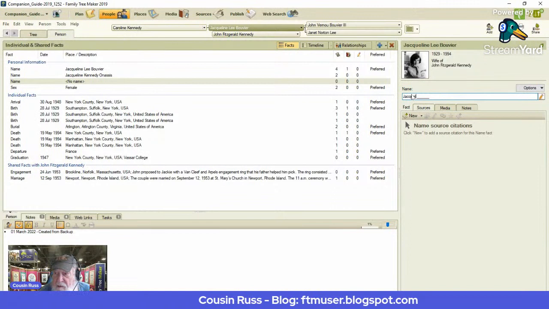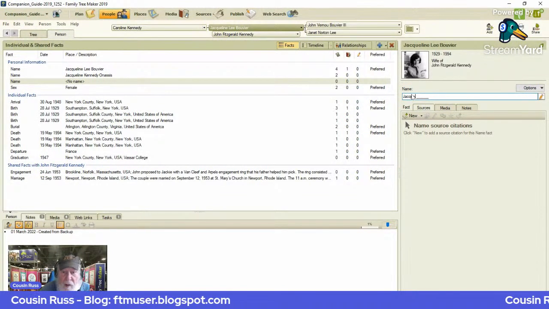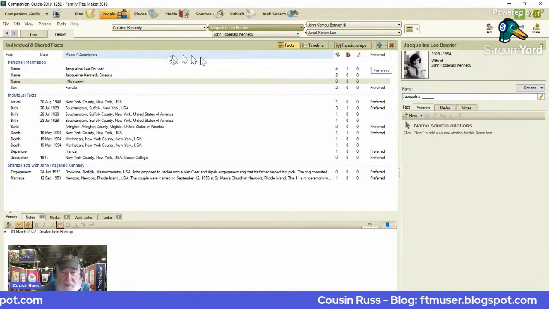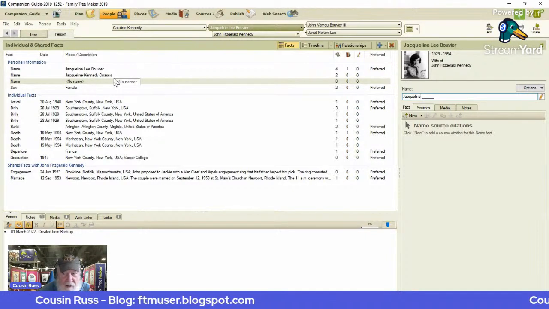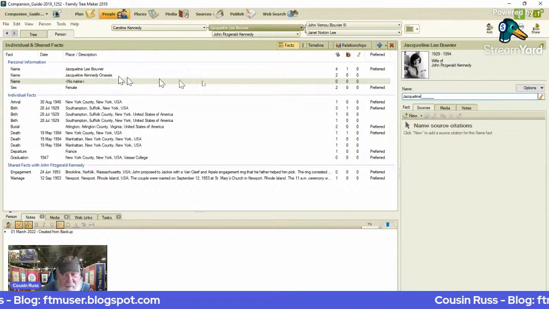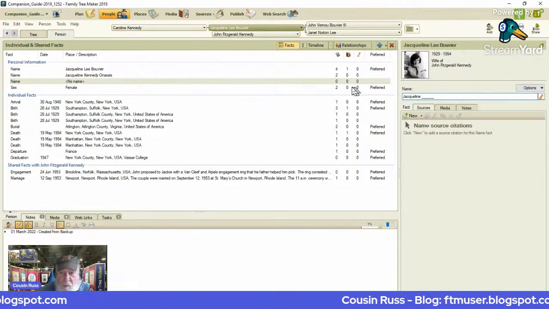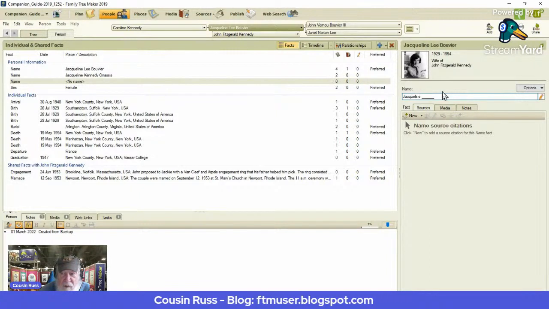Let me go back and fix that. This record just has her two married names, does it not? But neither of those citations gave me her birth surname,